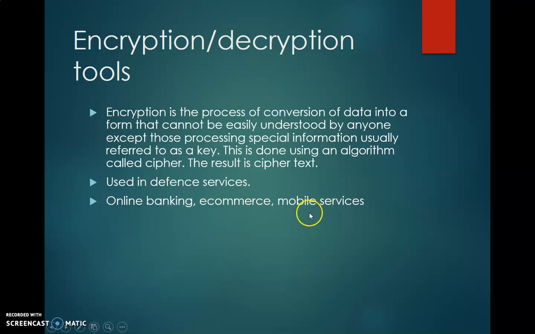In mobile services, you may see it in WhatsApp. In any chat you get the message that your chat is encrypted end to end. But if you want to verify that chat, you have to scan the code of the other side. So it is also one type of encryption decryption tool used in that. Encryption software you can download from flexscript.com. It is free.